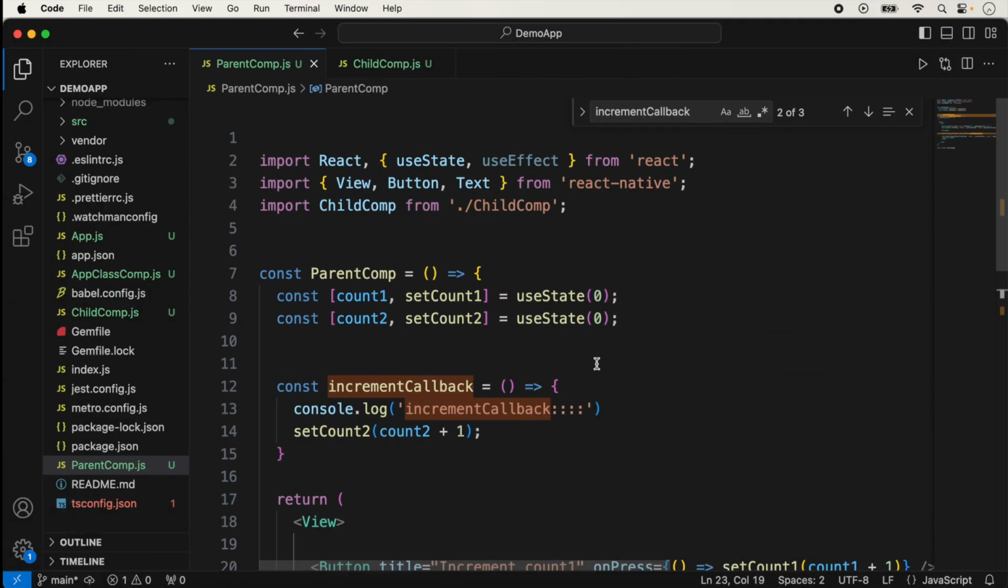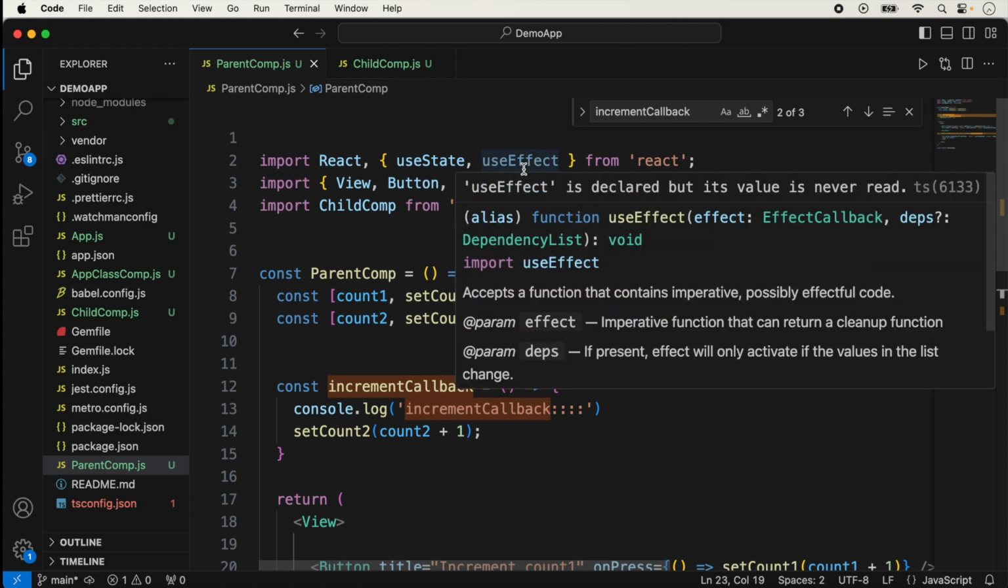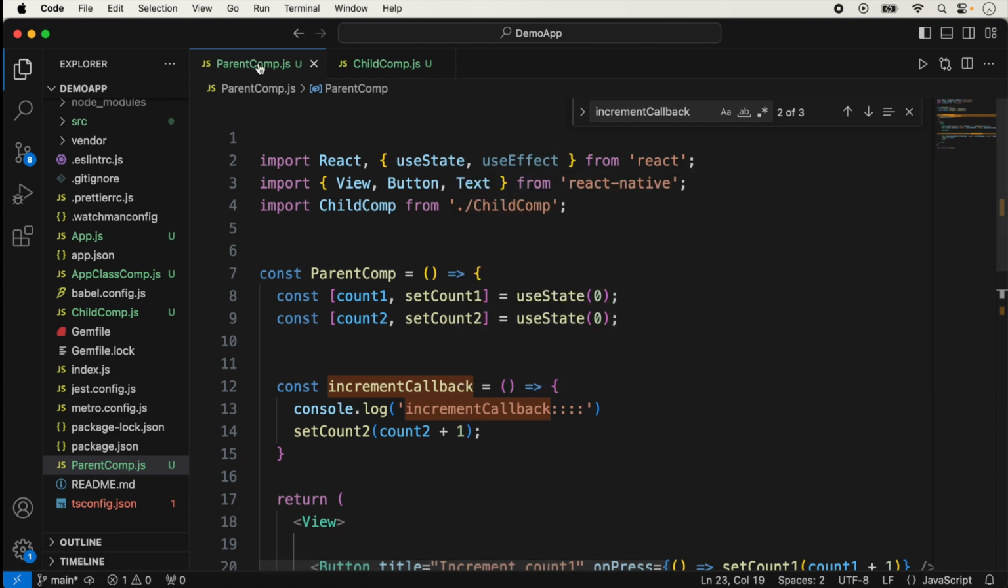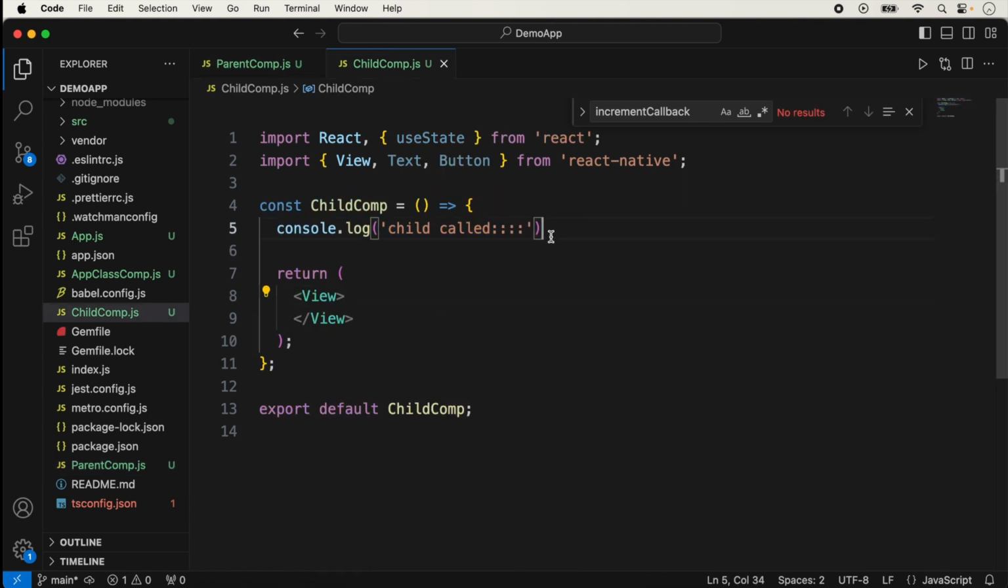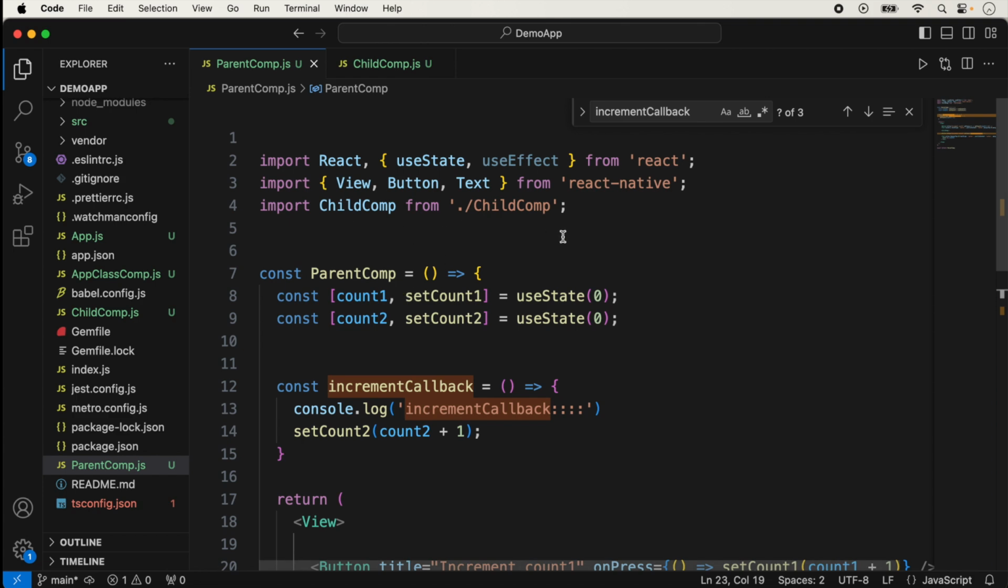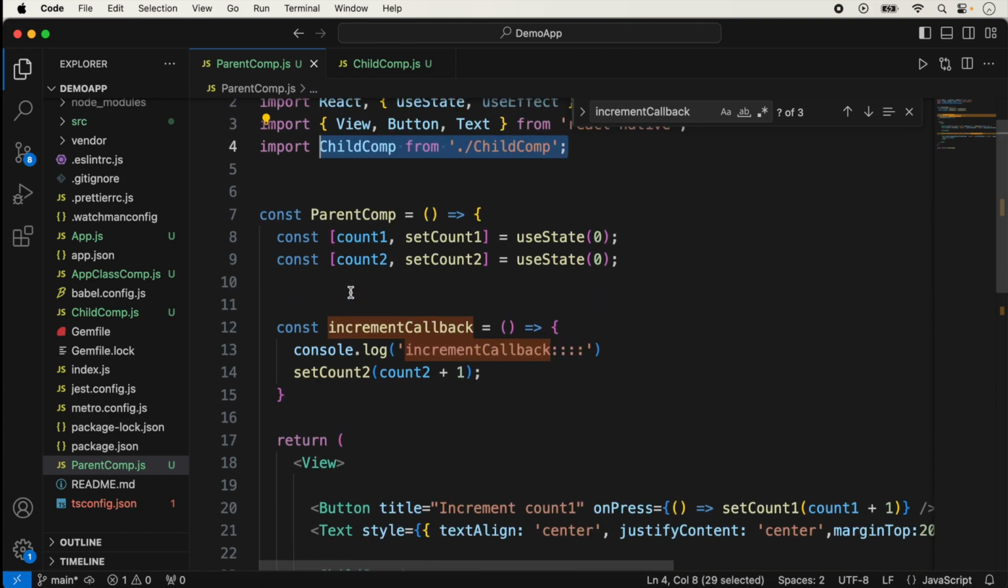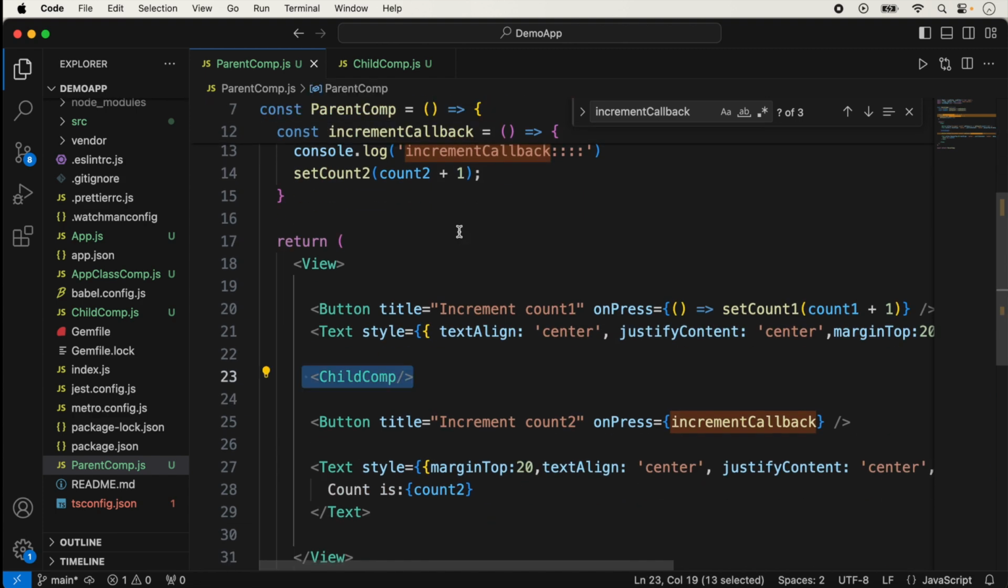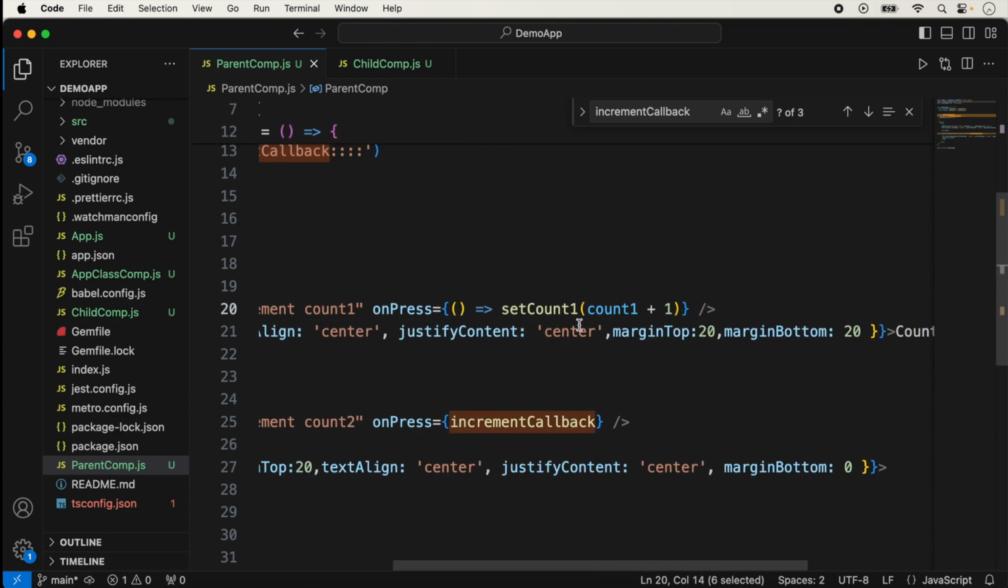This is the code we are using here. We are using two components: one is the parent component and the second is the child component. Inside the child I have just added a single log and a return statement and nothing else. In the parent I am importing this component and using it as a child component. I am also using a button, and on pressing this button I am incrementing the